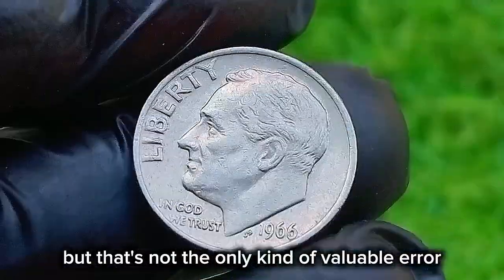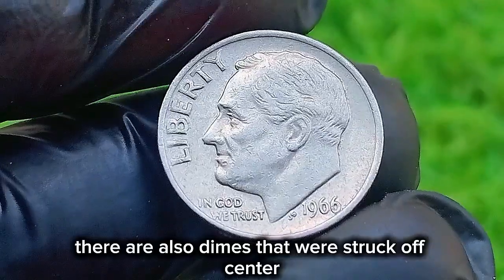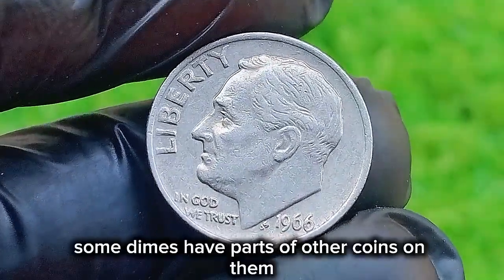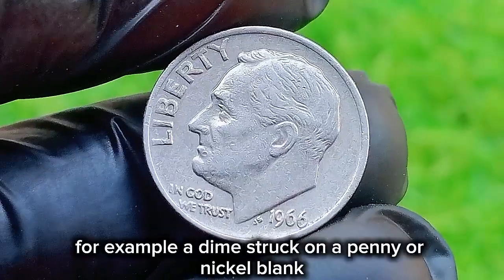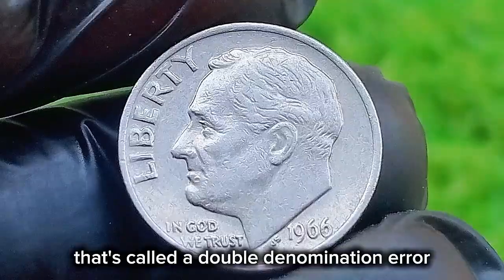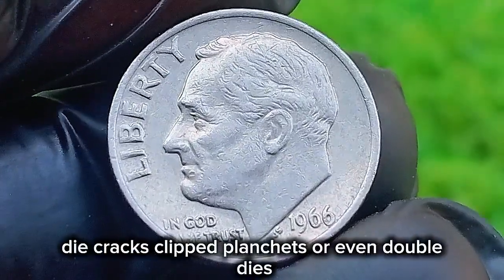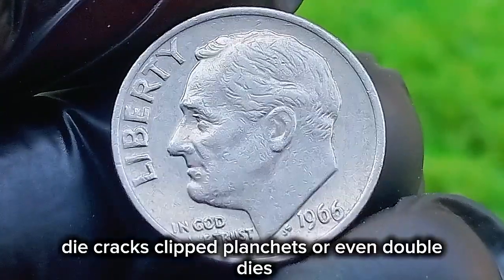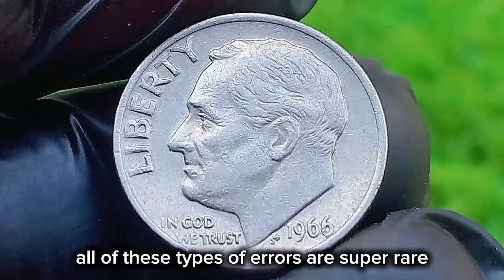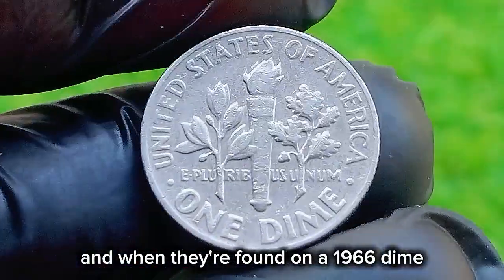But that's not the only kind of valuable error. There are also dimes that were struck off-center, meaning the design is not in the right place. Some dimes have parts of other coins on them, for example, a dime struck on a penny or nickel blank. That's called a double denomination error. There are also dimes that have missing layers, die cracks, clipped planchets, or even double dies, which is when the words or design appear to be stamped twice. All of these types of errors are super rare, and when they're found on a 1966 dime, collectors go wild